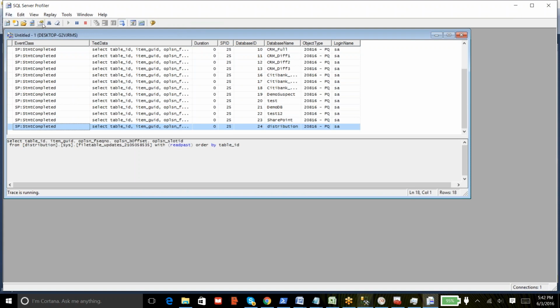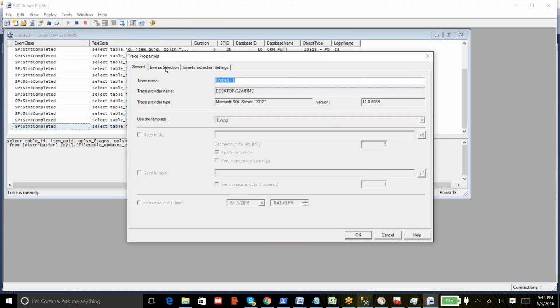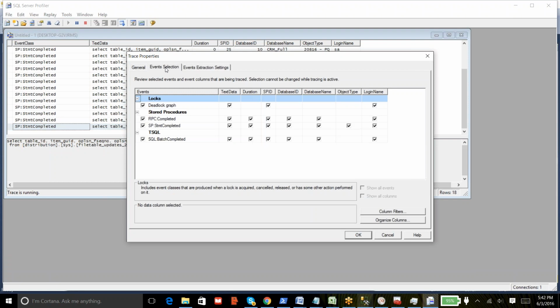And the other thing is, where's the properties? Yeah. So the other option is, probably the requirement is you have around 20 databases on the instance, but the issue is with only one database. Running this trace captures the transactions that are hitting all 20 databases. So you don't need all those 20 databases' information. You are only concerned with the transactions that are hitting one database. So how do you filter that out? You can filter that by using